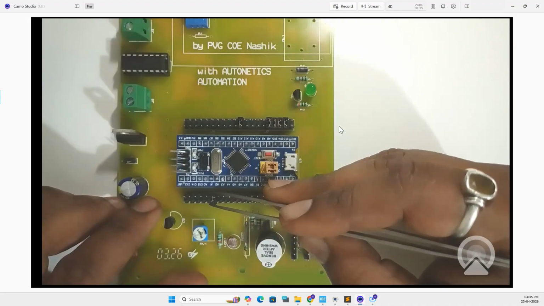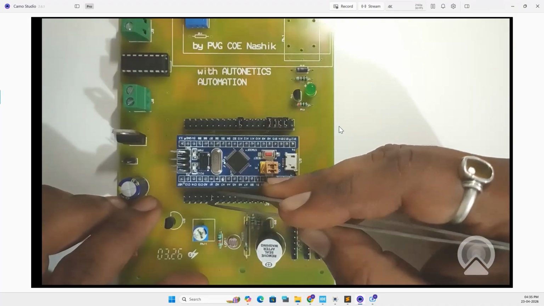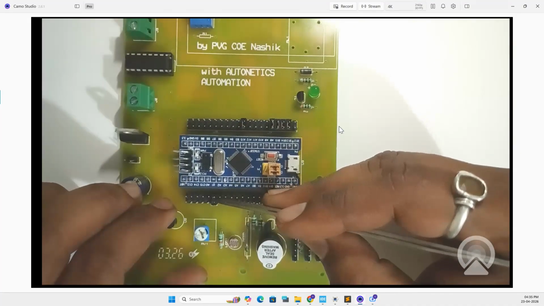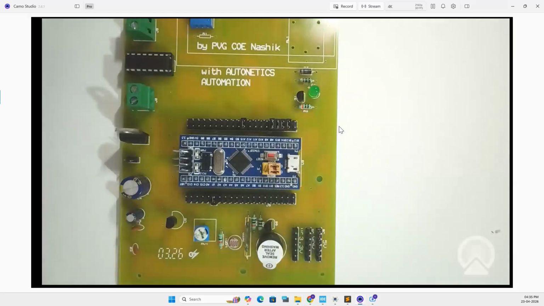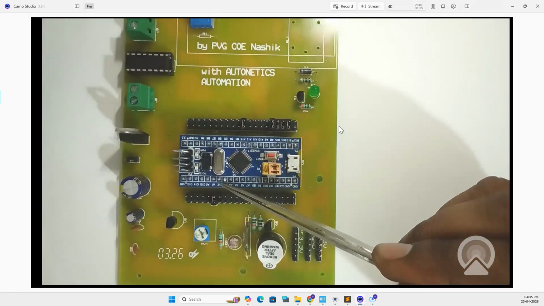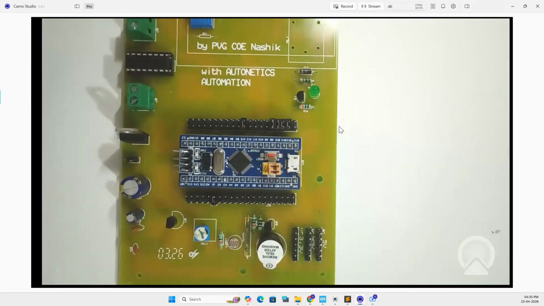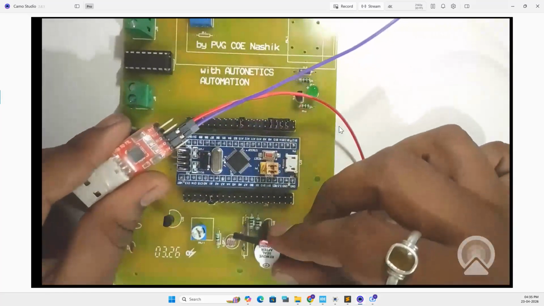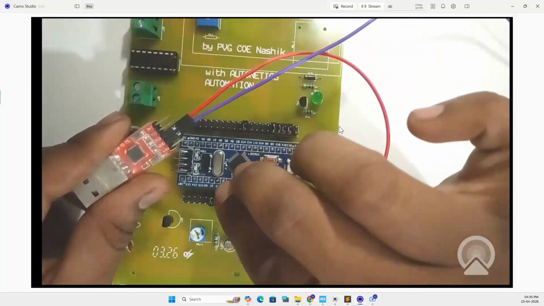So this is my A1 and I am shorting these two pins. These two pins are getting connected with each other. Now the connection is complete. Now what we have to do, my PA2 is the transmit pin, so I'm going to take this USB to TTL converter and connect